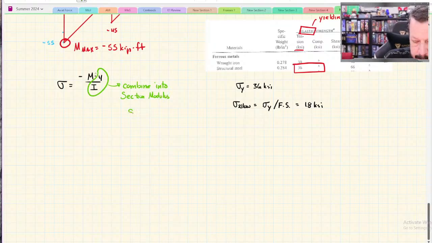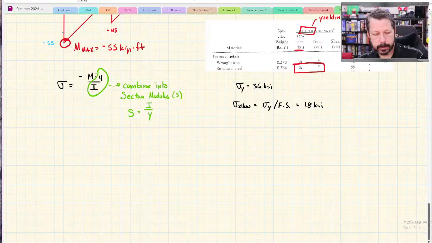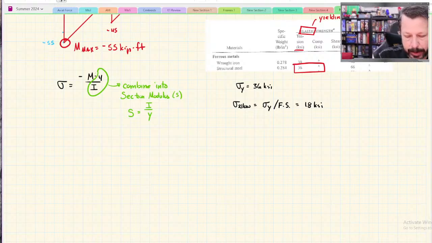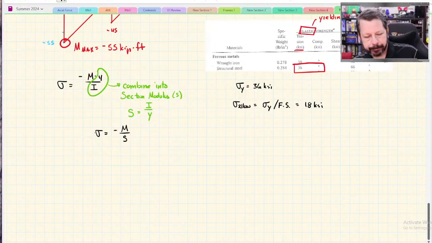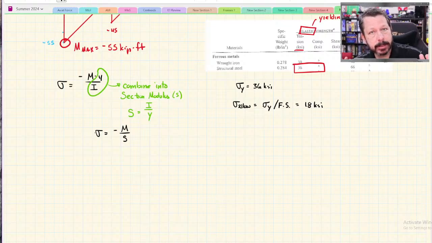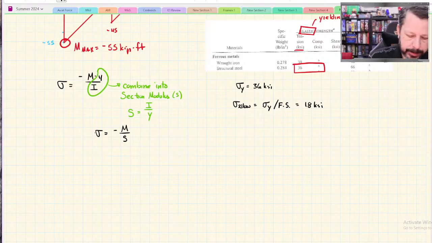And we're going to say that S, the section modulus, is equal to I over Y. So we did I over Y so that we can plug it back into our equation and say that sigma equals negative M over S. Now, the value for Y could be plus or it could be minus. I think they always give you the value in positive terms, but stress could be on the bottom of the beam also. So I'm going to drop this negative sign